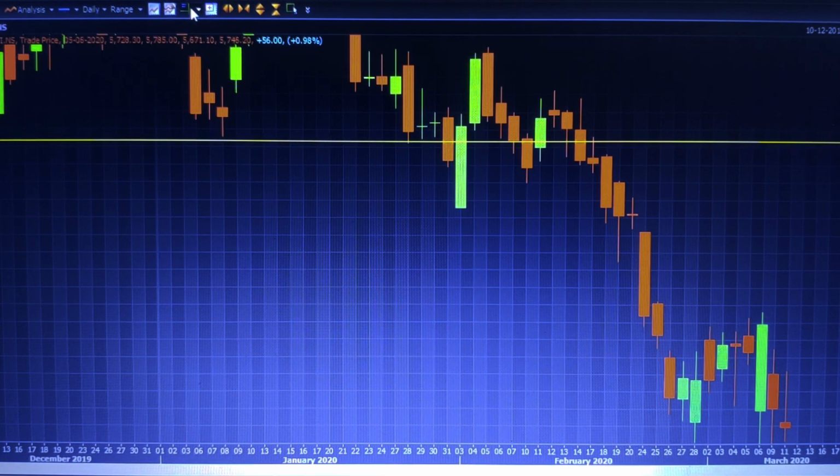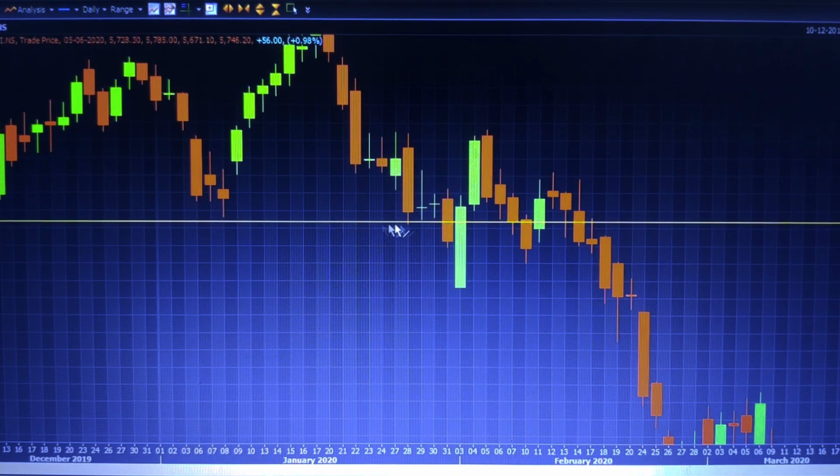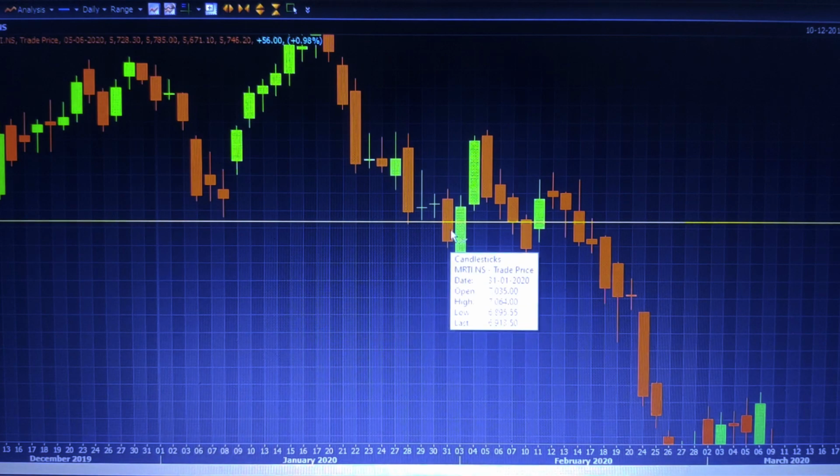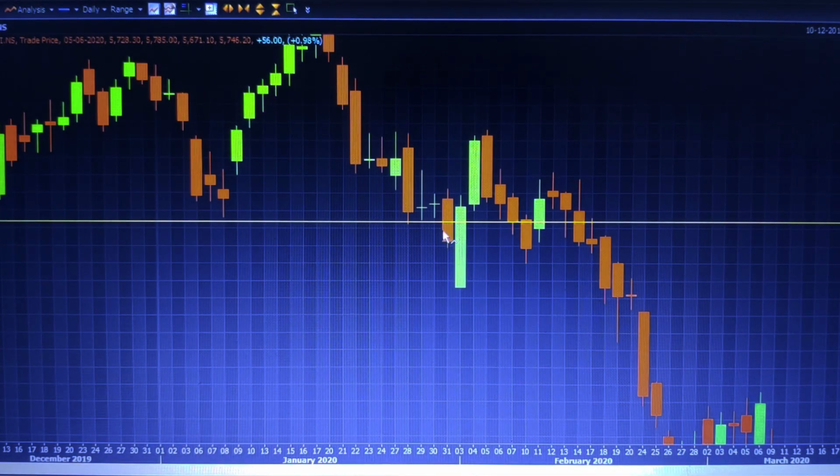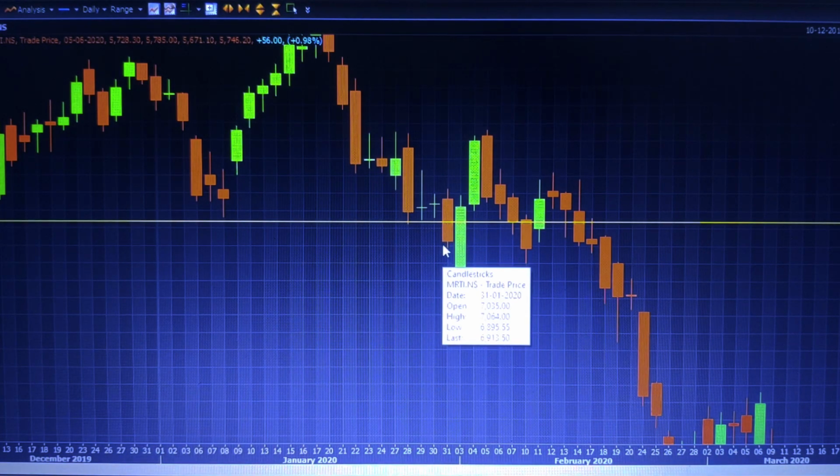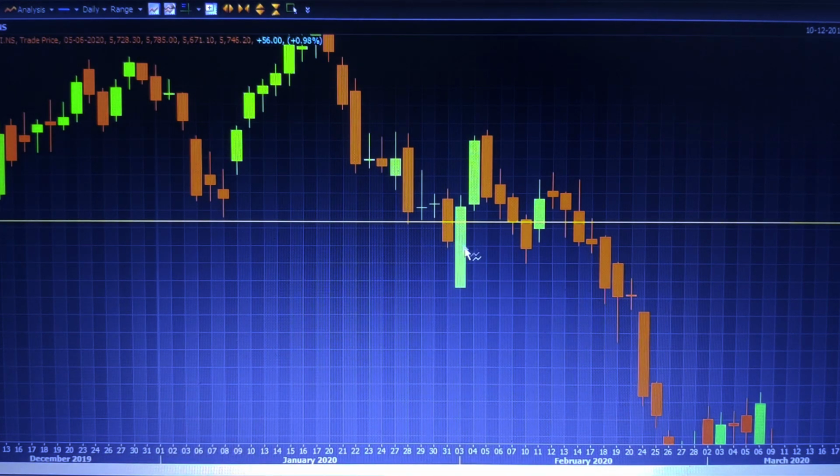We can see some of the false breakouts here. Here, in this candle it closed and crossed the support level. The next candle opened far below this support level. It was showing a trend that the support level was breaking, but the next candle opened below the support level and came back into this trading range. So this is called a false breakout.